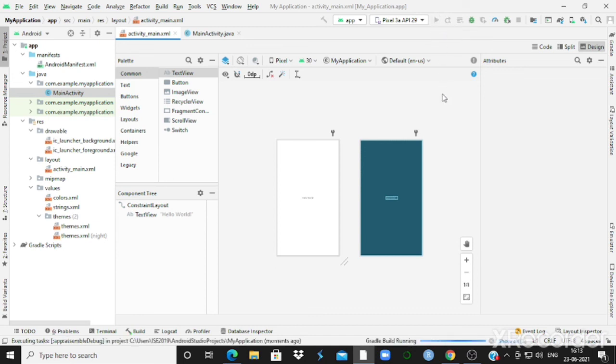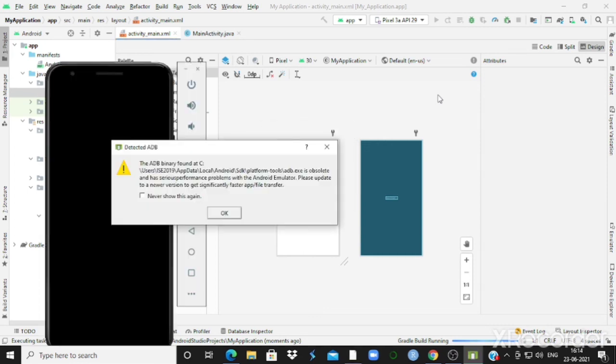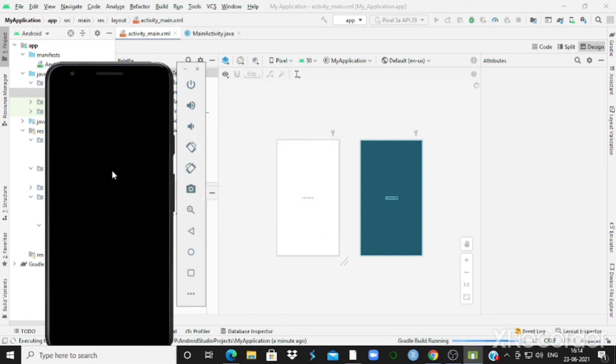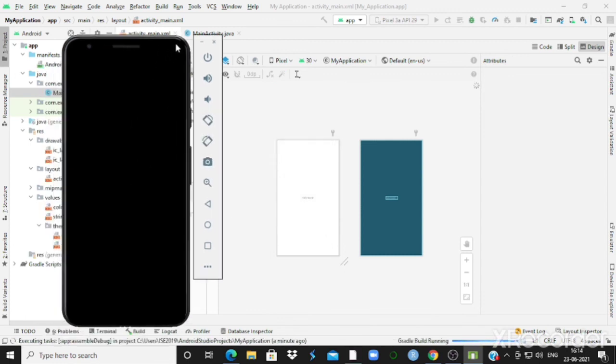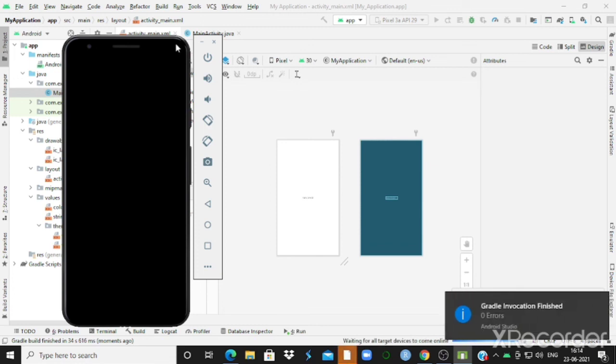This launches your emulator, or Android virtual device. This is your emulator. It looks like your phone.